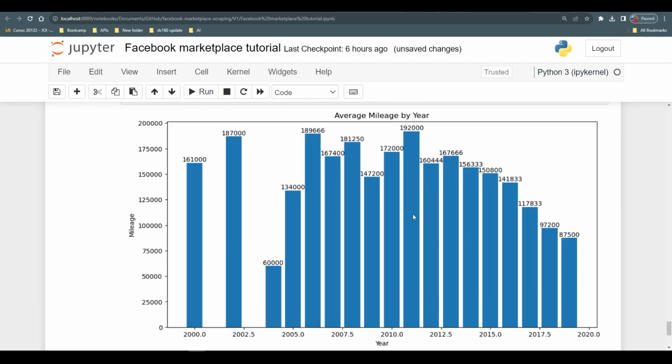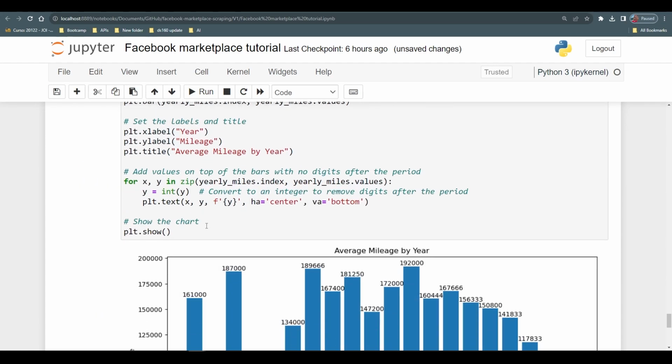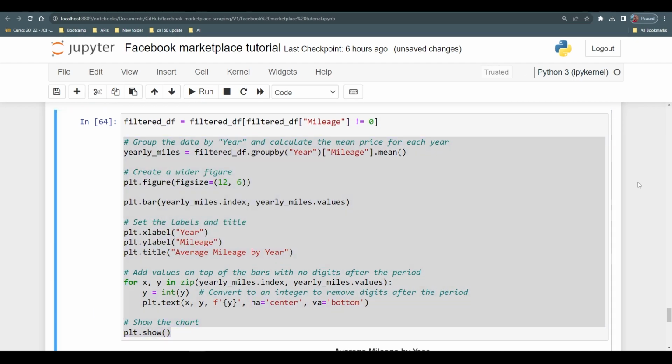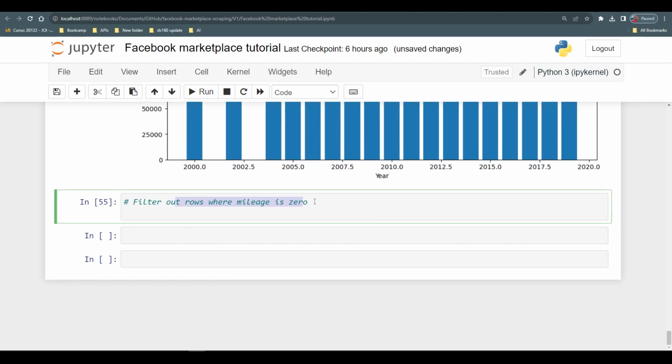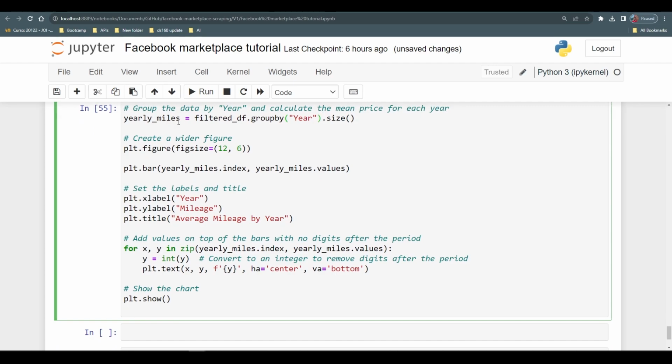Now that we got that out of the way, one more thing I'd like to do is get an availability chart, knowing how many listings are there for each model year. Let's do it here. It's going to be very similar to this. Main thing is that now we don't need a mean, we actually need the size. So that's going to count how many. We don't need this because we just need the number of records for each year. And then we can just say yearly